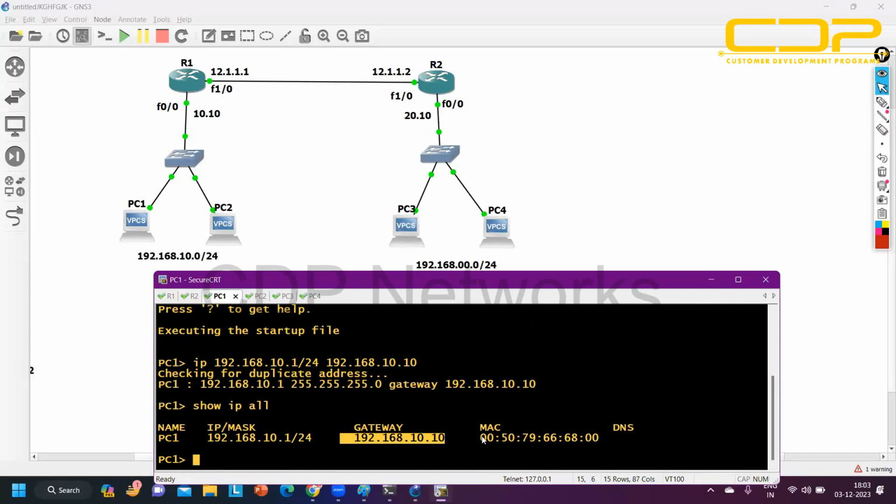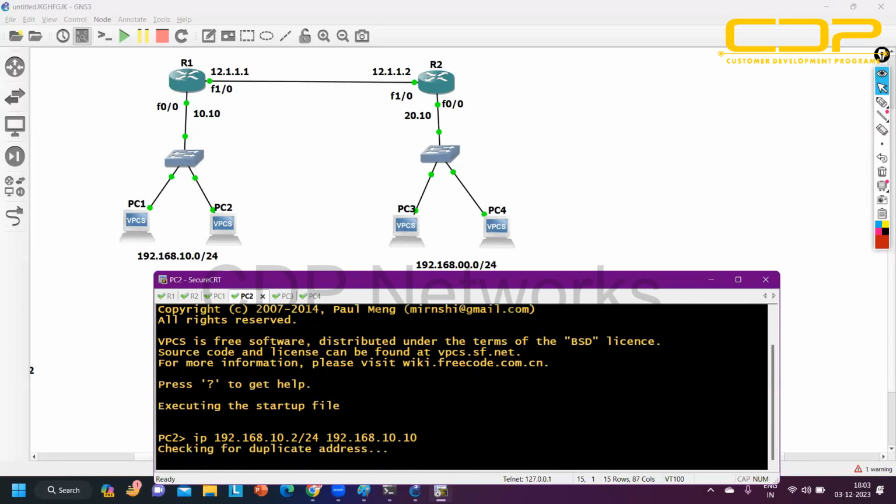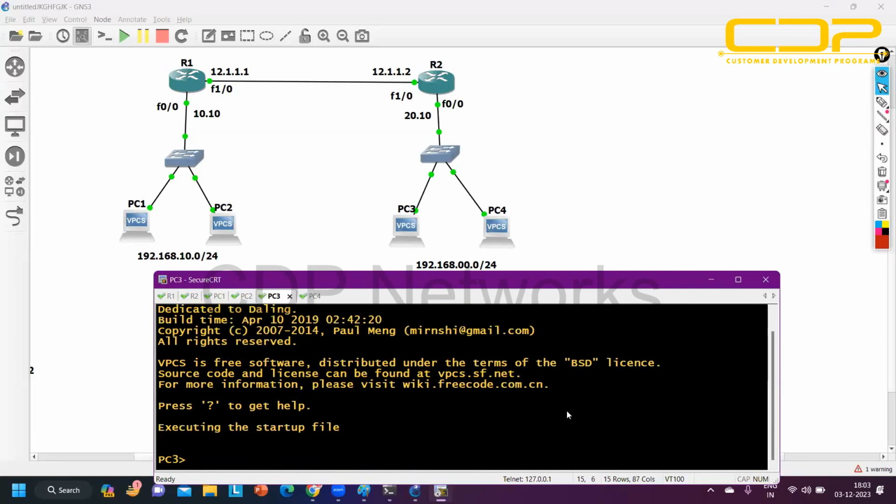This is the default gateway, and this is the MAC address. Fine. Now on PC number 2 I can also configure the IP 192.168.10.2/24, and the default gateway is 192.168.10.10. Fine. Finally, PC3 IP